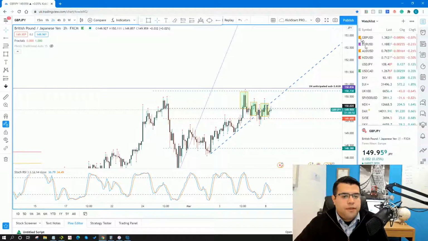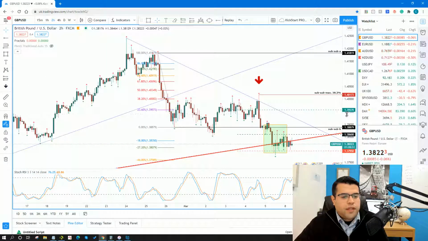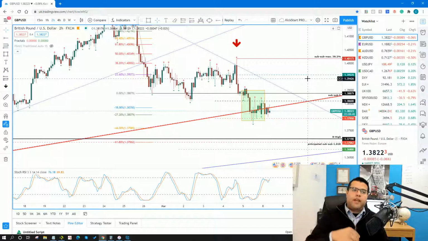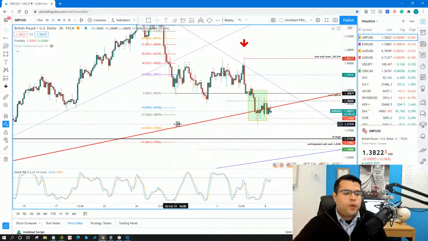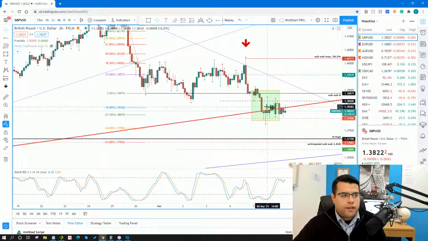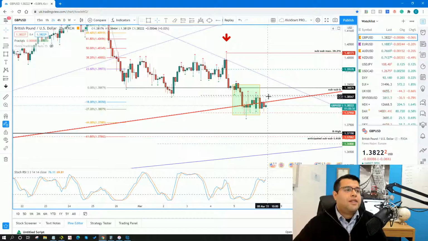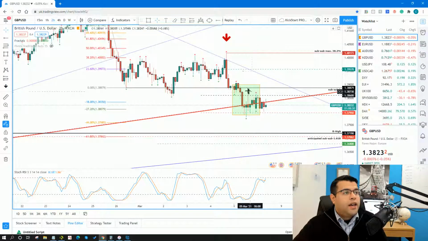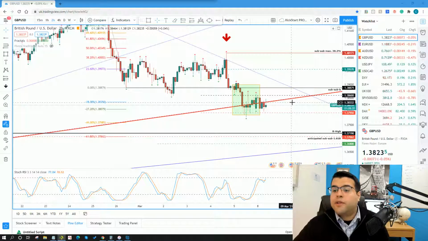Okay, so just a quick recap before we move on. In terms of the pounds, all of our pound pairs across the board here, let's end where we began with the pounds. Pound dollar, we broke this trend line here, and it looks like the bulls are really struggling to break this back above. That makes sense because I'm anticipating dollar strength, and I'm already positioned across 3 pairs, Aussie dollar, Kiwi dollar, and dollar CAD, for dollar strength.